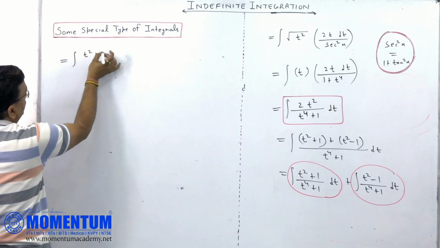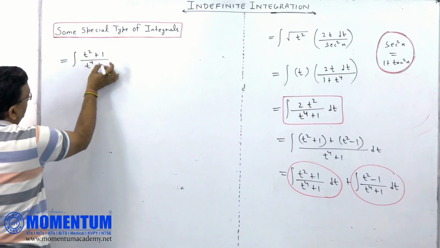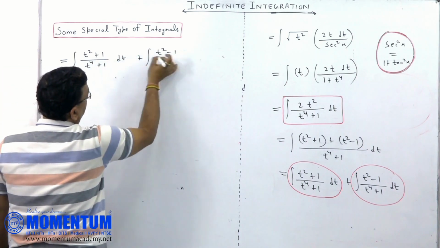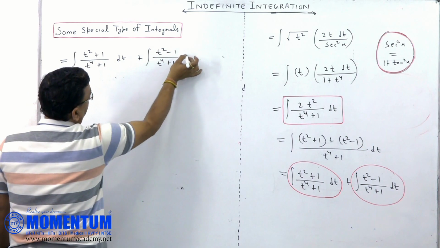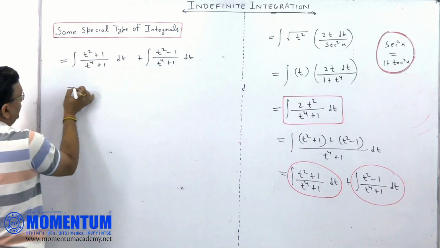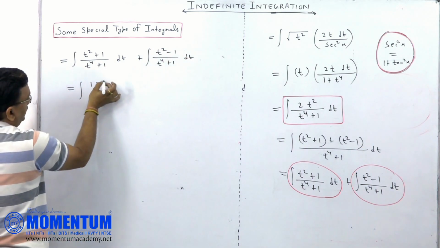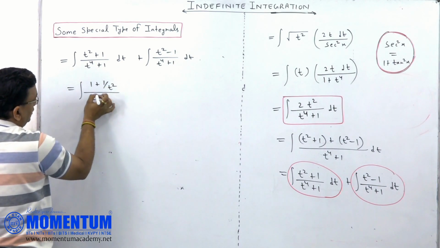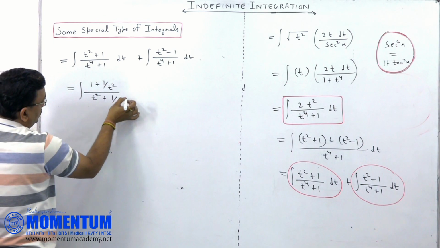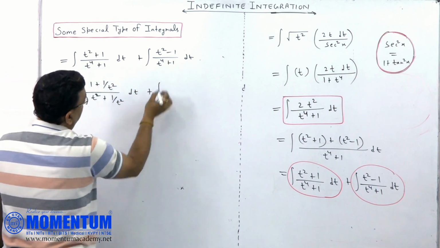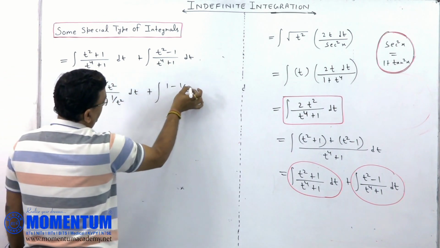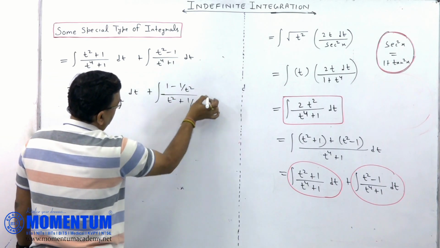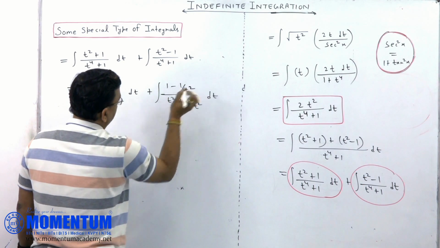So integration of t square plus 1 divided by t to the power 4 plus 1, integration of t square minus 1 divided by t to the power 4 plus 1. What will we do? We will divide by t square. So 1 plus 1 upon t square divided by t square plus 1 upon t square. Divide by t square. So 1 minus 1 by t square divided by t square plus 1 upon t square. Now,